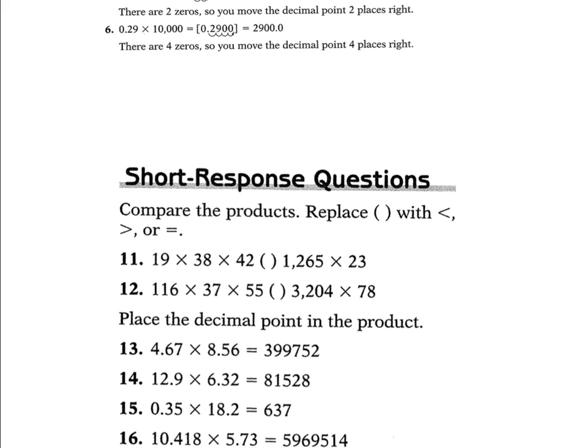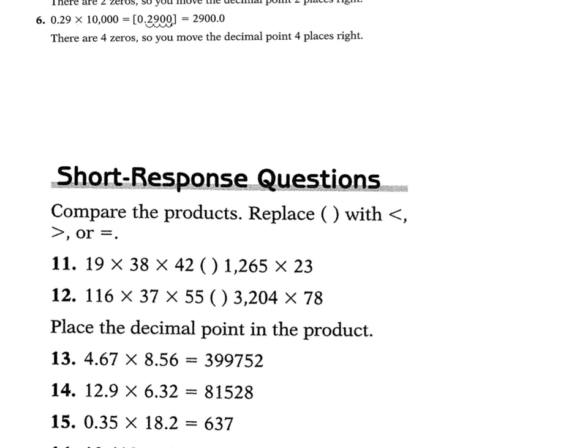So if we look at some short response questions, we're comparing the products and we are replacing the set of parentheses with a less than, greater than, or equal sign. So for 11, we have 19 times 38 times 42 and 1265 times 23. So if we first set up this 19 times 38,